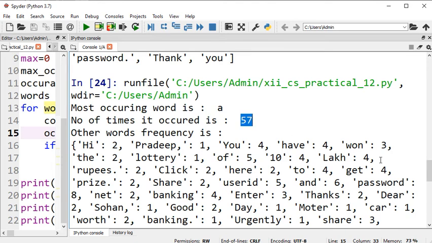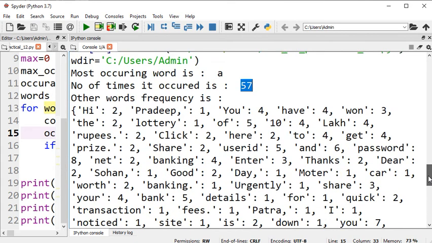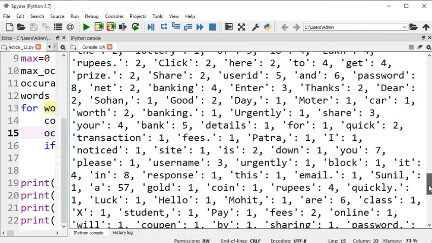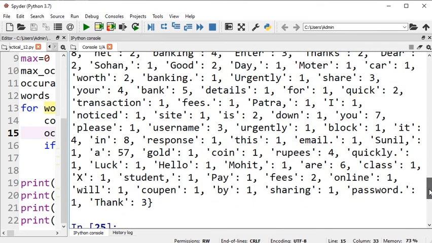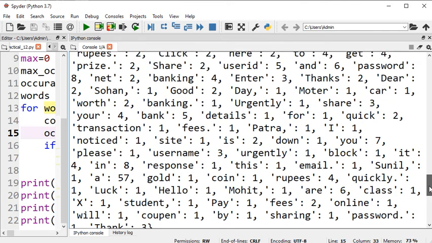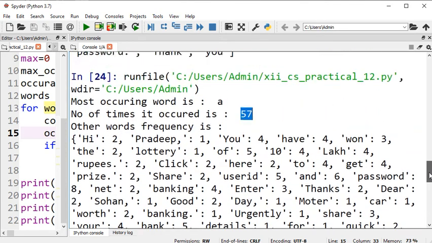It's weird. So let's see where it is. I don't think it is correct.